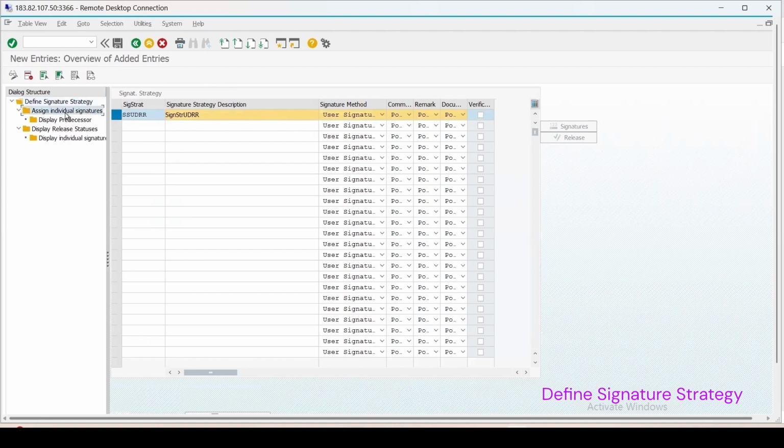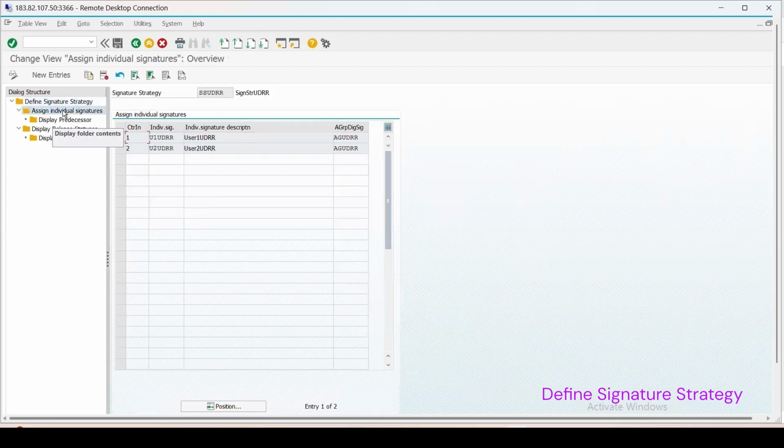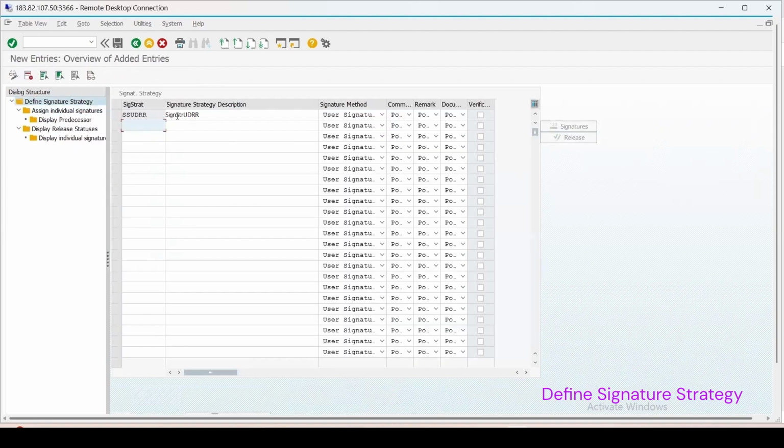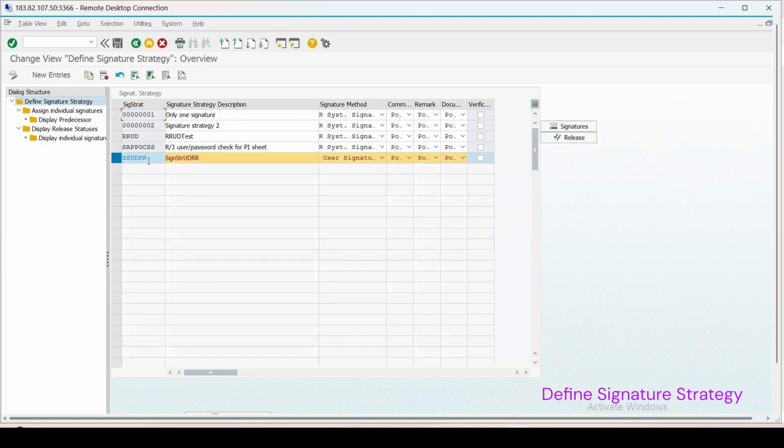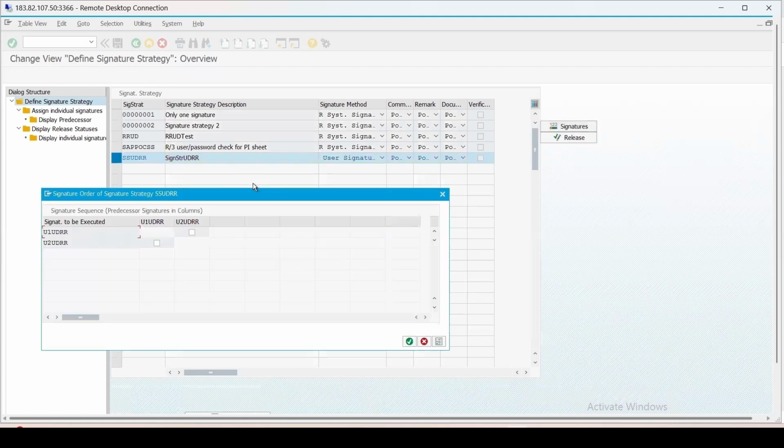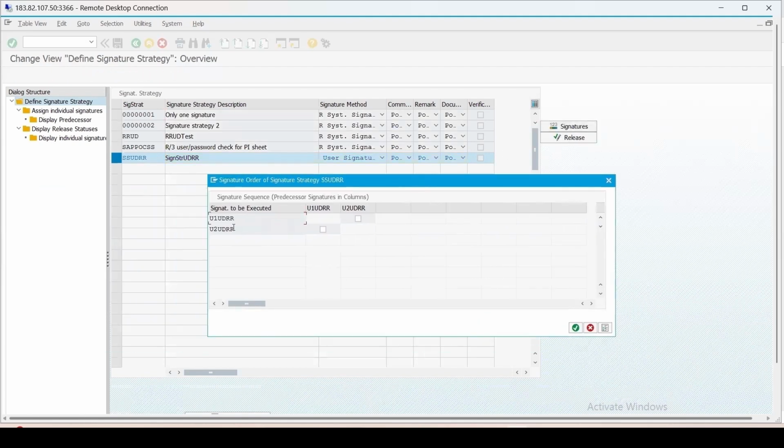So now under this, I have created two users. This one we have just now created. If I click on signatures, if required, you can maintain the hierarchy. Here you will get this option whether you want to add the predecessors for user 1.